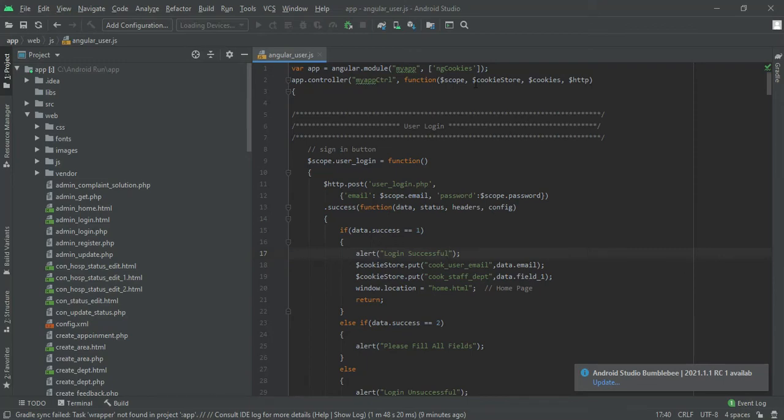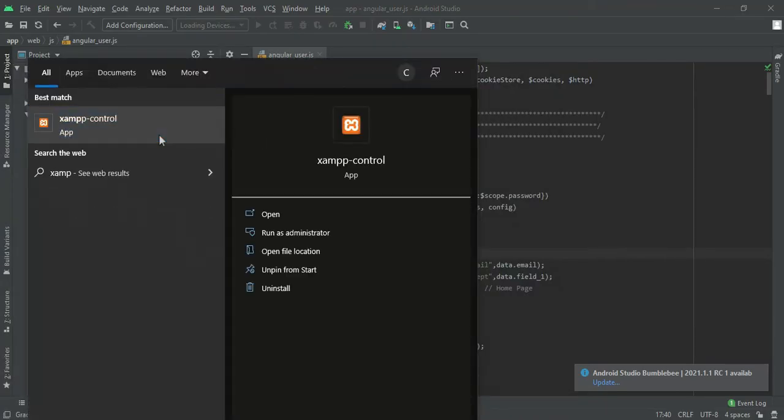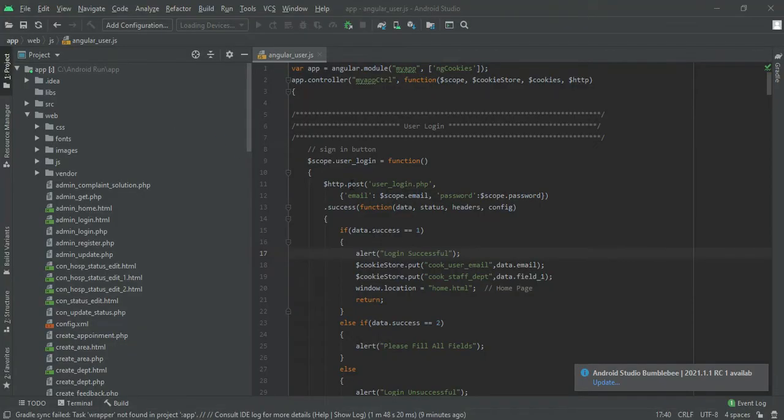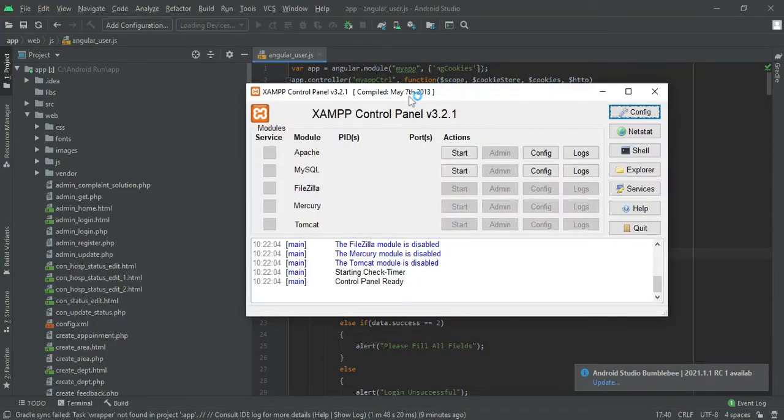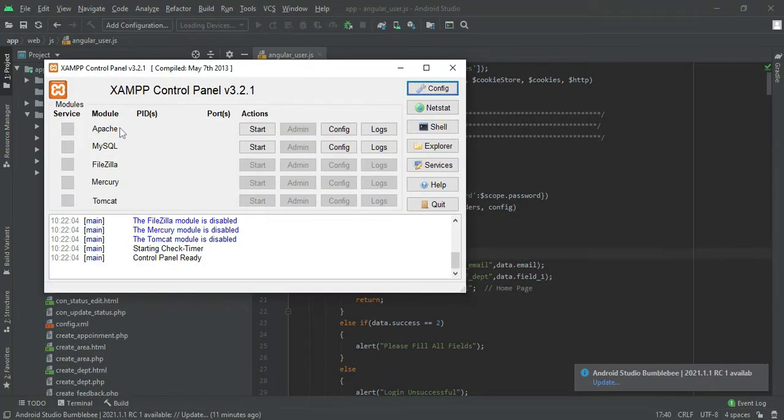Hi, today we are going to see a demo for the Women Security Android app. So first, open the XAMPP control panel, and here we are using two servers, Apache and MySQL server. You have to click on start Apache and start MySQL. Once it is started, you can see a green signal in the XAMPP control panel.